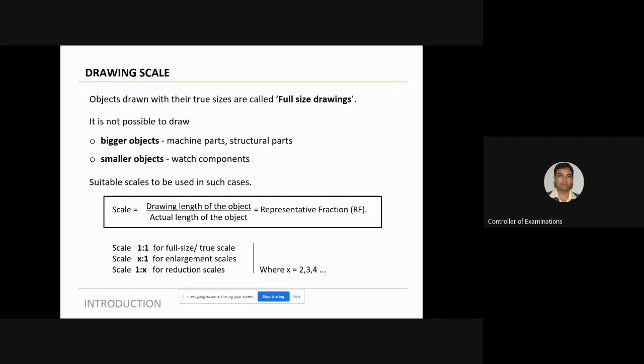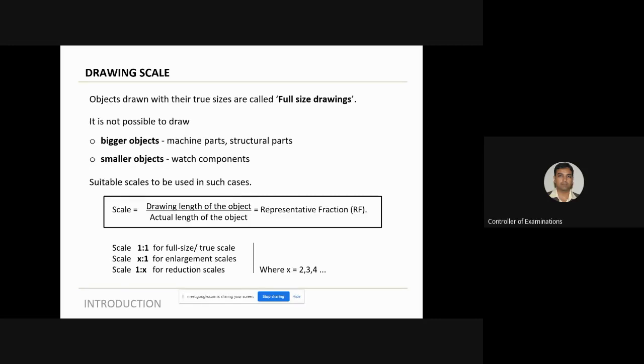Yes, you can draw it on an A4 sheet because its dimensions are less than that of the A4 sheet. But can you draw a building or a car in true shape or true size on an A4 sheet? It is not possible, because the building may be in meters, the car may be in feet. They are huge objects which are not possible to make on an A4 sheet, which is just 210 mm by 297 mm.